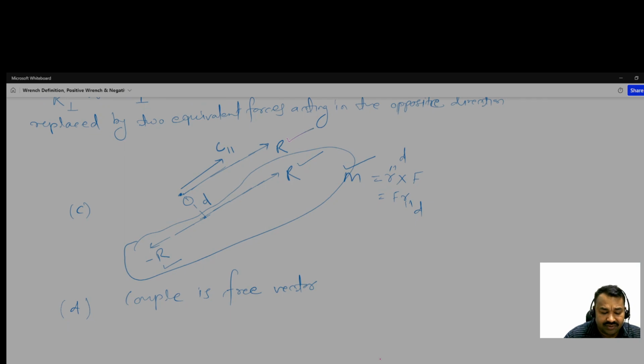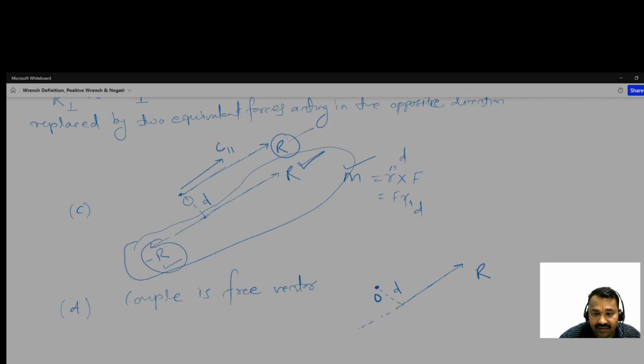Now look, this is the O, and from here it is at distance d, and this one and this one cancel each other. So what is the remaining part? This is the remaining one. So this can be shown by R. Okay, and this couple parallel to the resultant can be represented here,